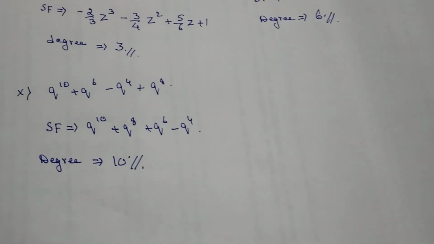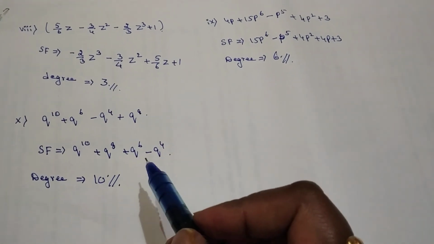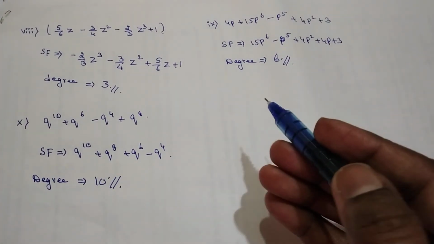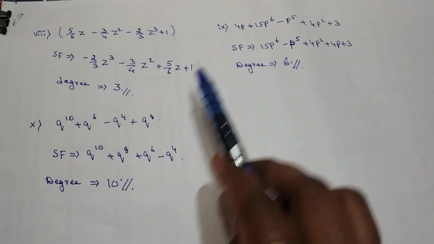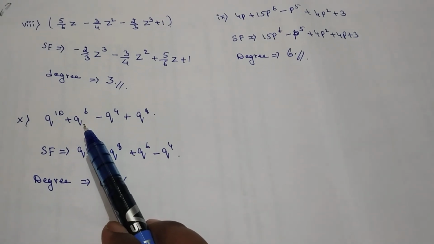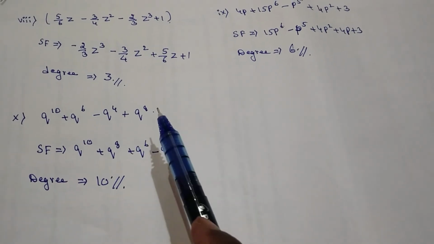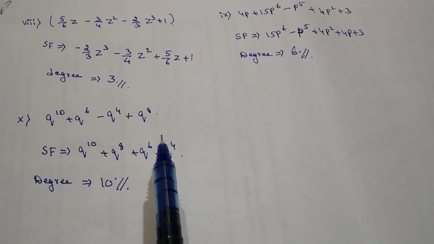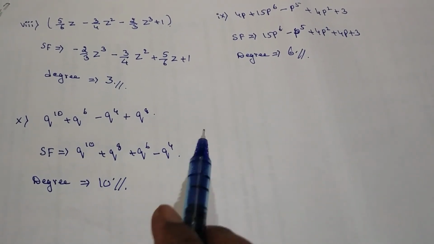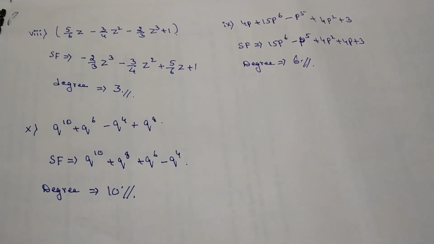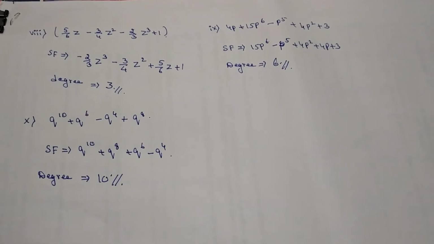So this is all about the first worksheet, children. Keep in mind, a polynomial will not be only in variable x. It can be in different variables. Here, a polynomial in variable z. Here, a polynomial in variable p. Here, a polynomial in variable q. So the variable may change but not the definition of a polynomial. Clear? What does the definition of a polynomial tell? An algebraic expression in which the powers of the variable are non-negative integers is called a polynomial. Clear, children? So that completes today's class. Thank you, children. Have a nice day.